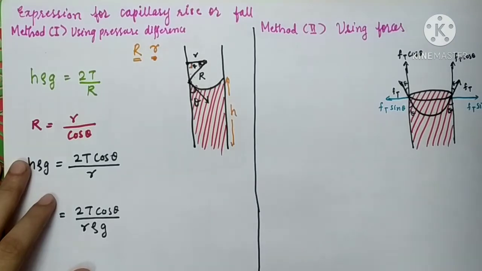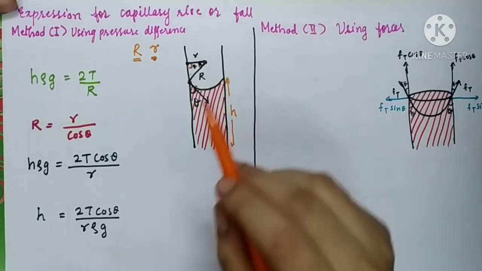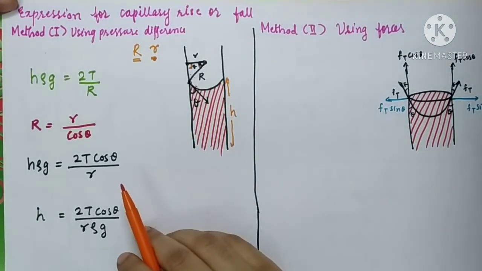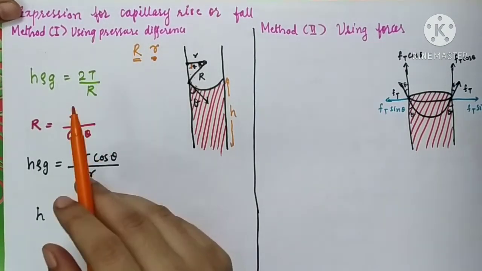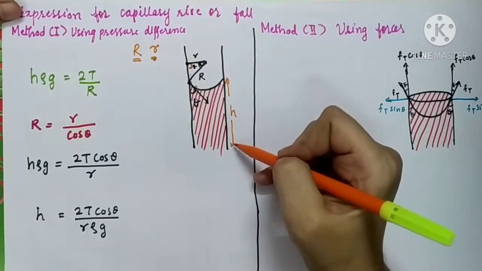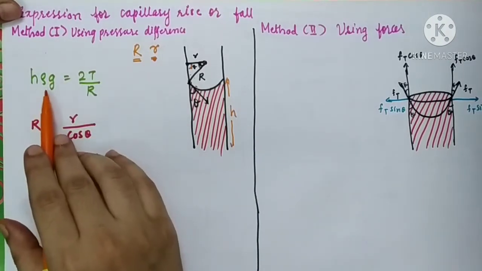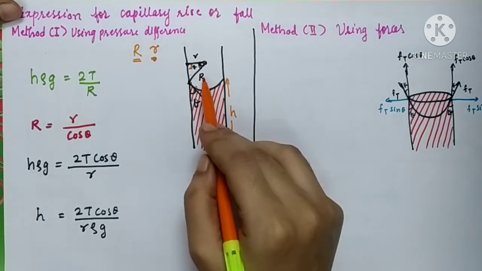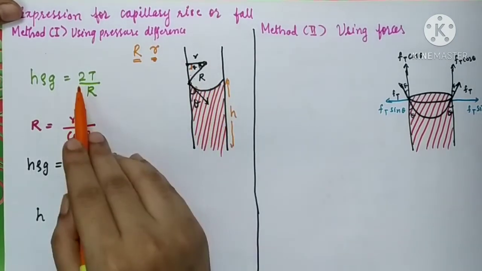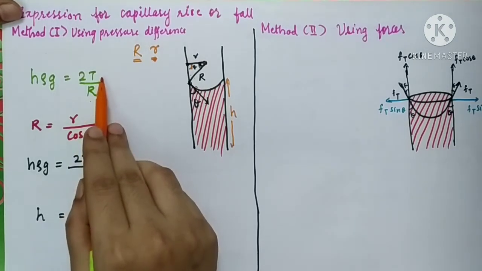Then what we do is, we all know that for this liquid meniscus, you might have studied the excess pressure inside a liquid drop or inside a soap bubble. So we are going to make use of that formula only. Similarly, pressure of a liquid column is h rho g. So this pressure will be exactly equal to the excess pressure inside this liquid meniscus. So excess pressure has the formula 2T upon R, where T is the surface tension over here.